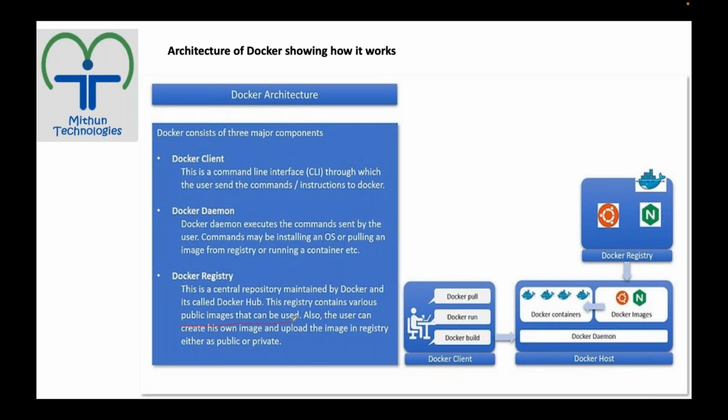Suppose you want to install some application in your mobile, are you going to download the apps from Play Store and install in your mobile? Similarly, this Docker Hub contains lots of public images. Can I pull the images from this Docker Hub and run the containers? Yes. So it's a public Docker Hub where you have most of the base images.